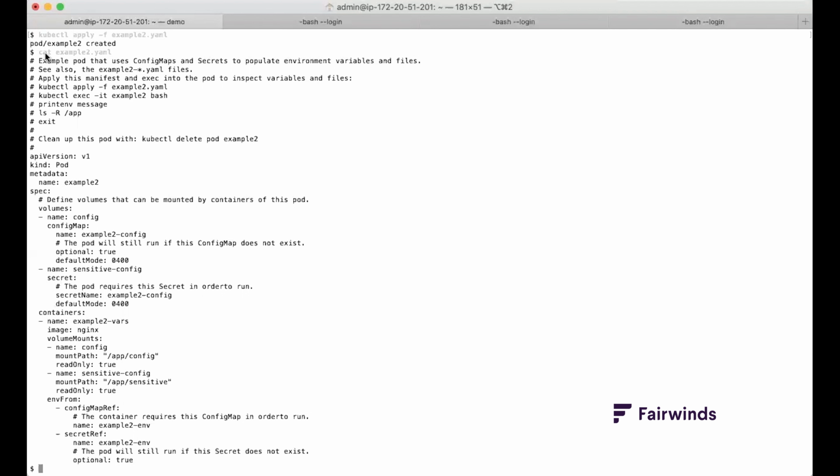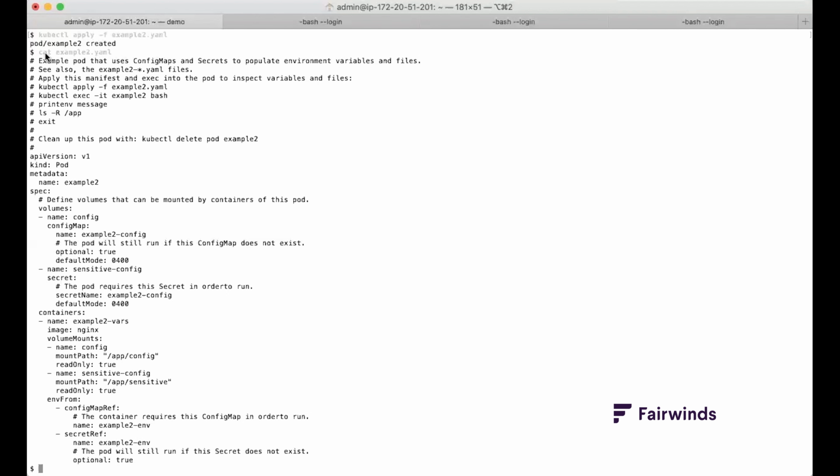There's environment variables, this time defined under envFrom, instead of, like the previous example, defined under env. These variables are first set from a config map and second from a secret. The secret is optional. In this case, the pod will run if the secret doesn't exist. Any variables set in the secret will override the same variable if defined in the config map because the secret